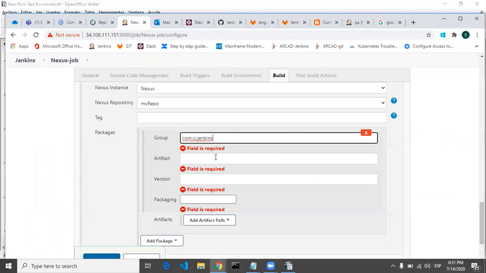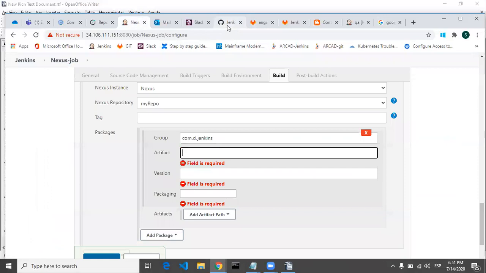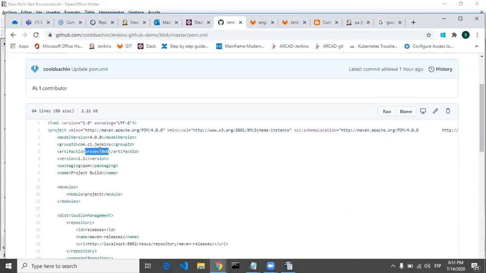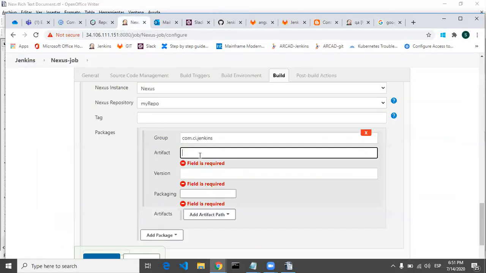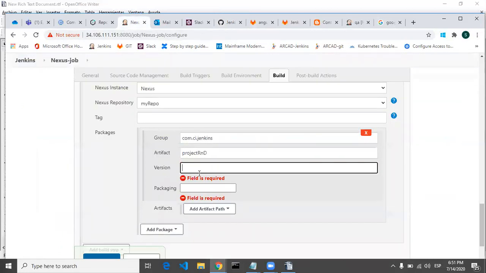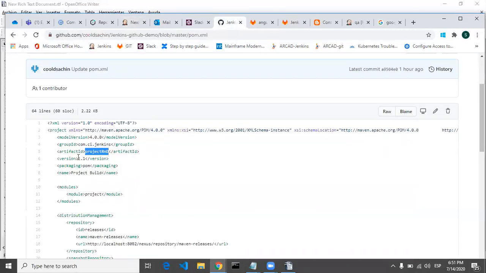Control V, then artifact. This is the artifact ID, project RND, copy and paste it. Then version you can give, just like for now here you can see 1.1, but